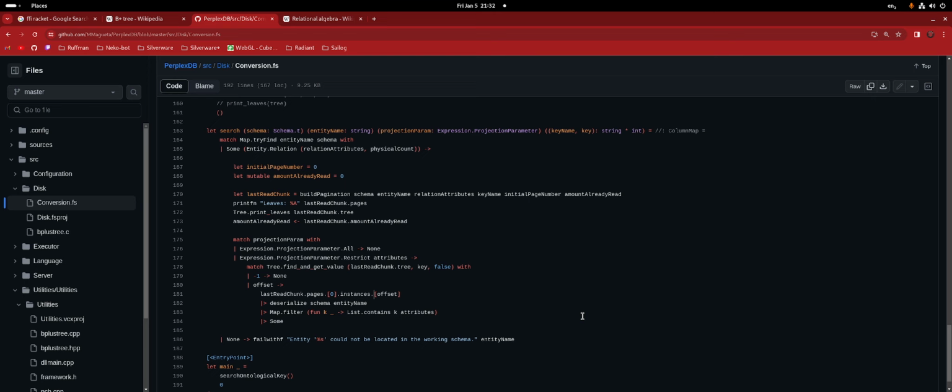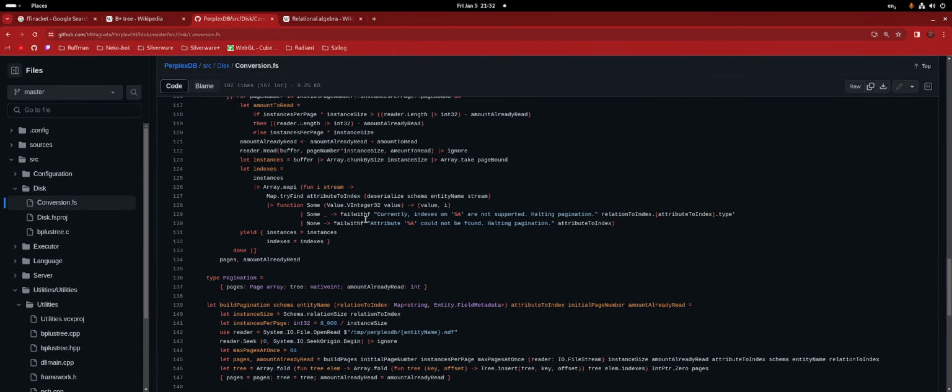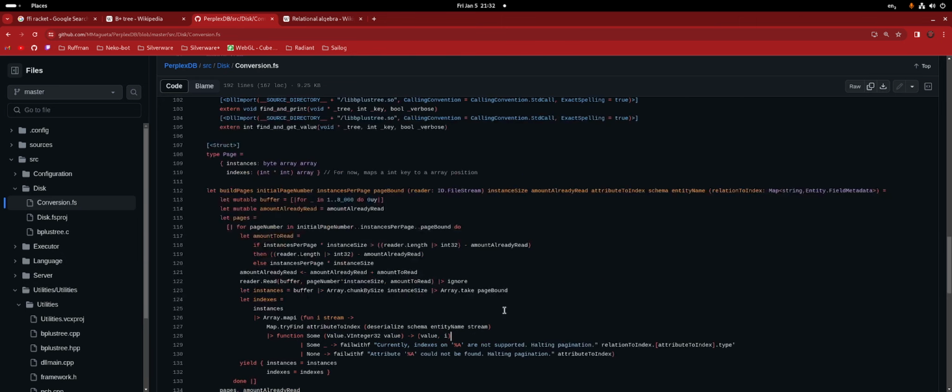And then I get the page, and then I access the page. Right now I'm just getting the 0, because it's just the first page that I'm caring about for this example. Then I access the position at that offset and deserialize again. That's why this is inefficient: I'm deserializing twice. And then I filter to get only the columns that were projected, so the attributes. Okay, I think I got a rough idea. I think I'm going to have a better understanding of this part once we implement it.